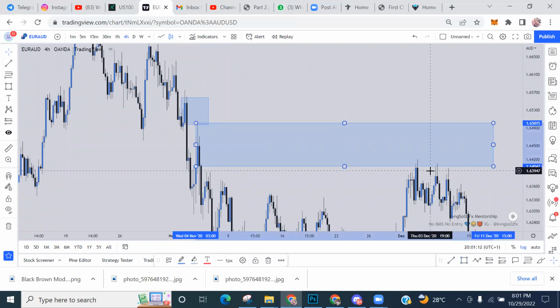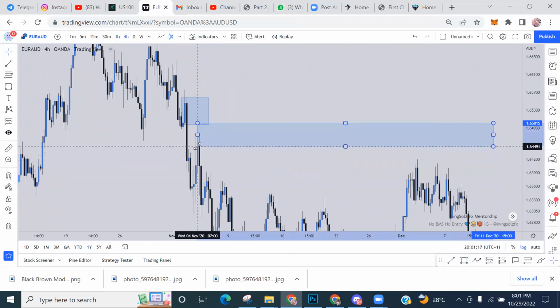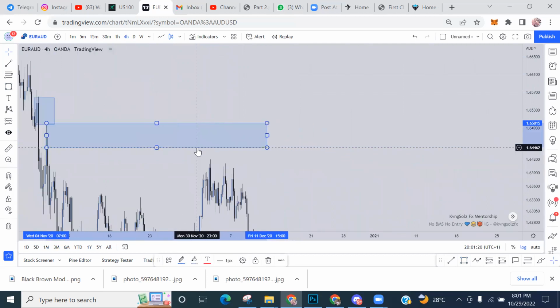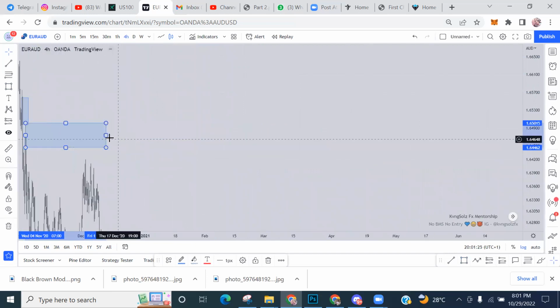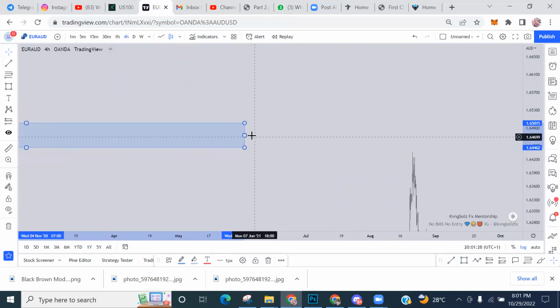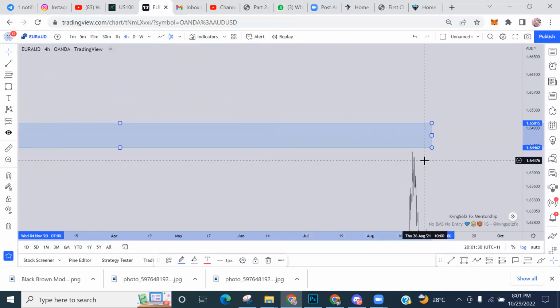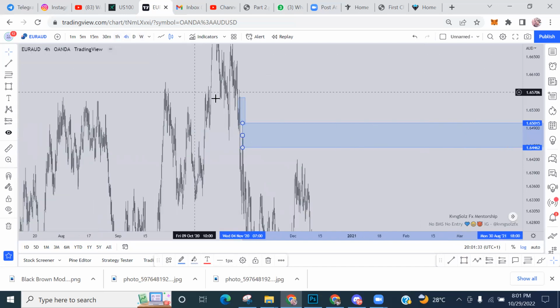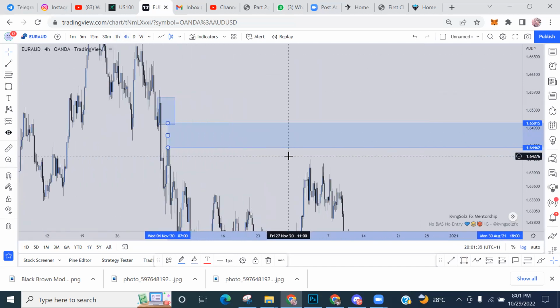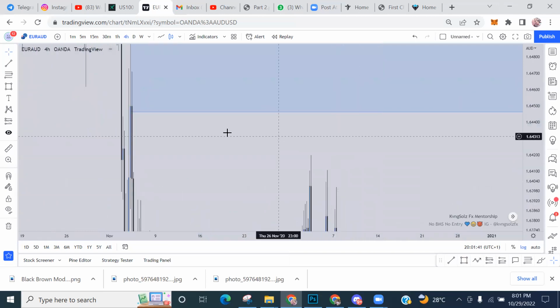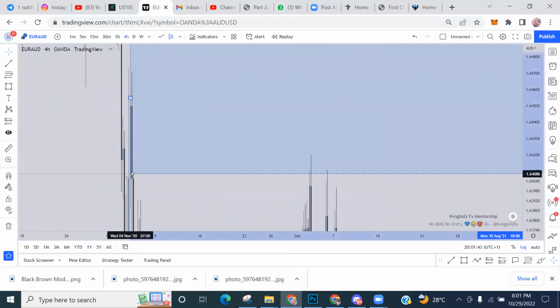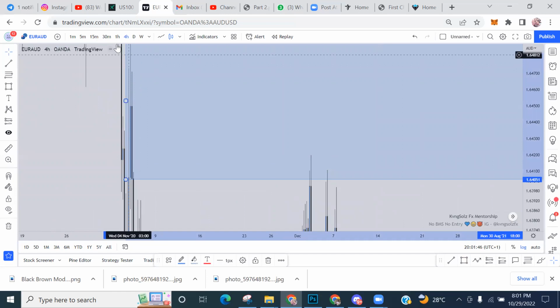So maybe in the 1 hour time frame, you will see this zone is above here. Let me mark this fractal entry and see if price came to that zone. Okay, it didn't. Let me be sure. If I still mark it, it's still telling me it's the same zone. But let me go to my 2 hours.